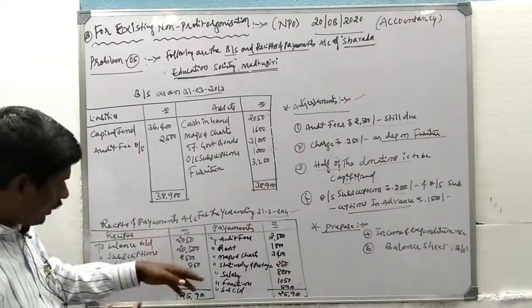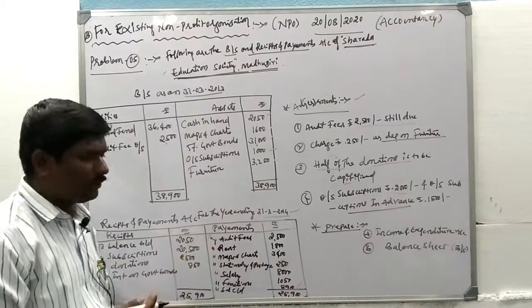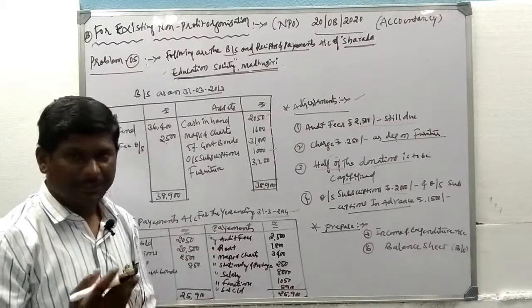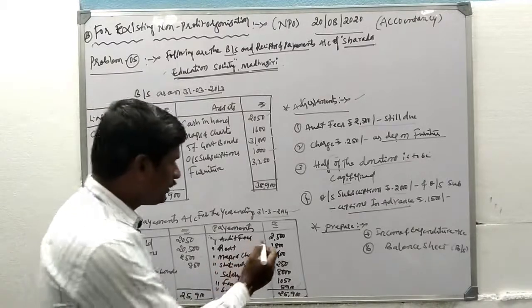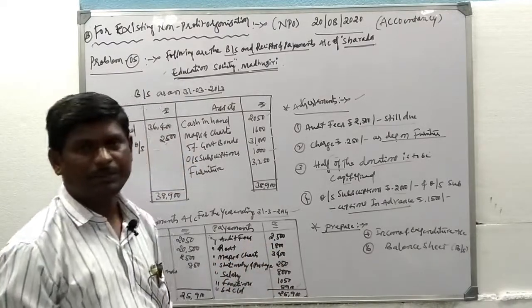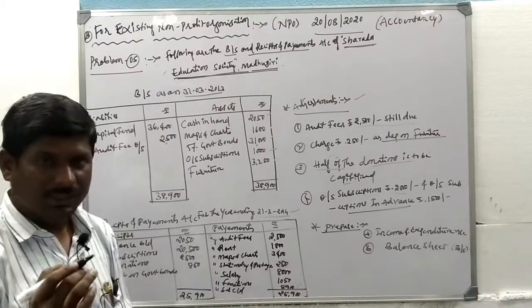So next coming for by rent. So rent is given by some expenses that treated for 1800, income and expenditure account, expenditure side, treat